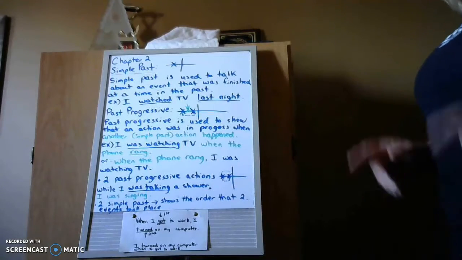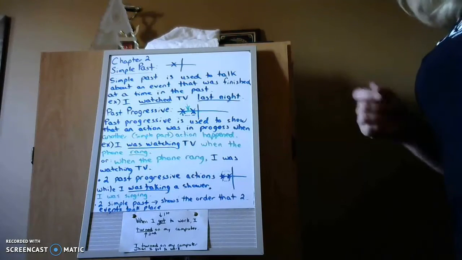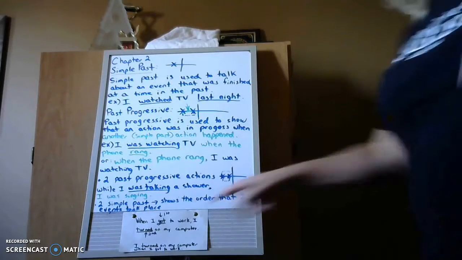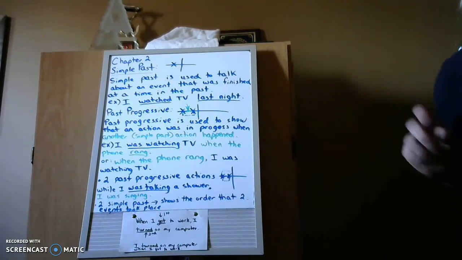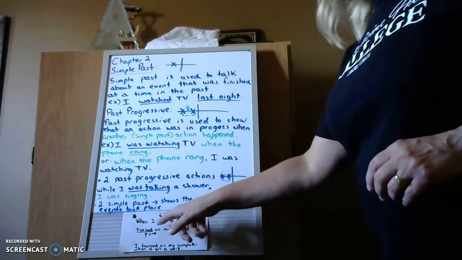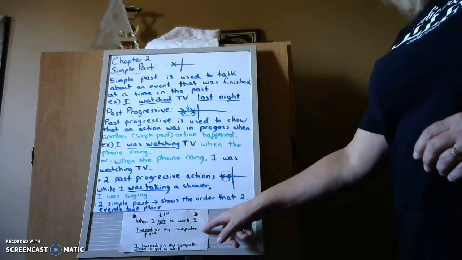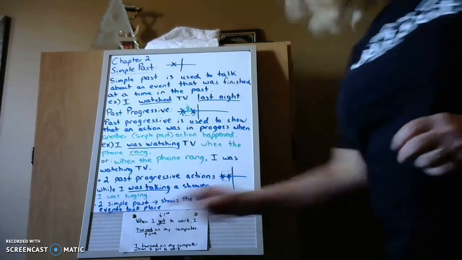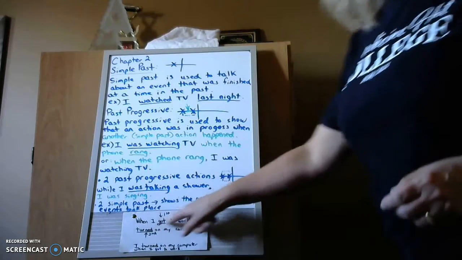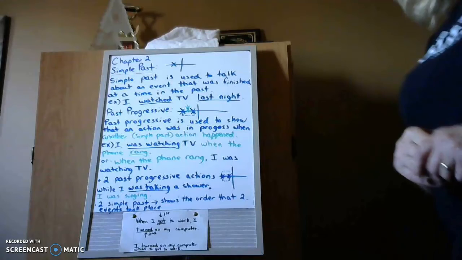Now, if you have two clauses in the simple past, that means that one thing happened before the other thing. Now, the clause that has when in it is the thing that happened first. So here, when I got to work, I turned on my computer. Okay, so both of these are simple past. And the first action is in this clause, the when clause. When I got to work, first, that's the first thing, I turned on my computer.